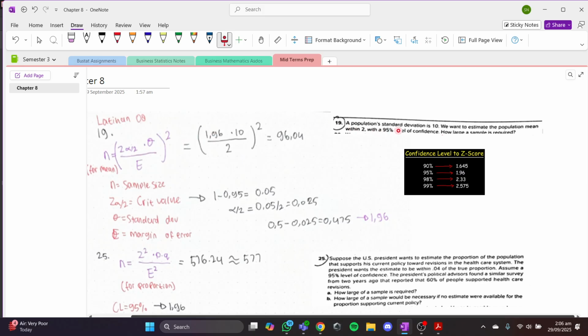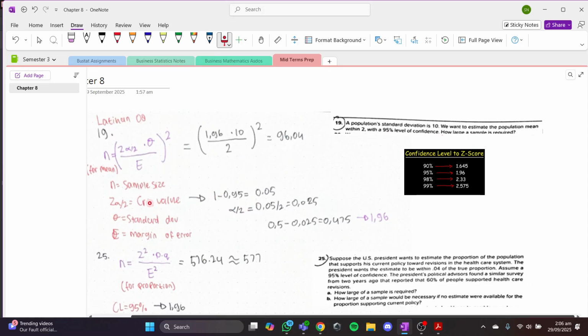Okay, for the first question, the population standard deviation is 10, and we want to estimate the population mean within 2. So the margin of error is 2 with a 95% confidence level. So from what's given is the